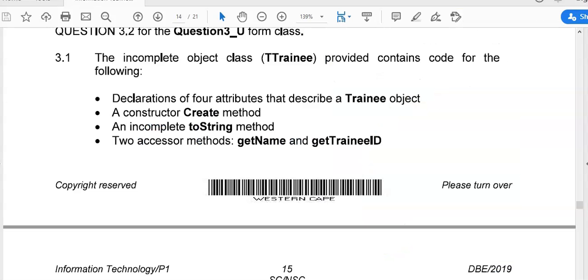So first what we need to do is always to look at what was given. And as you can see, there were attributes given as well as a constructor method and an incomplete toString. So this is one where we are going to add to the toString. And there were also two accessor methods given. Now, important is that you keep that in mind when you go to question 3.2 so that you use these